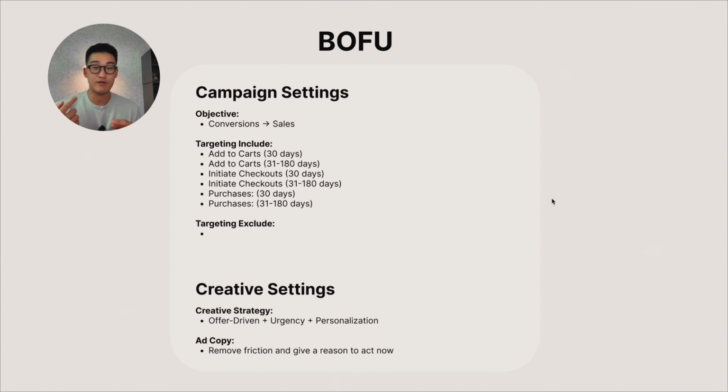Let's say you have some kind of a body lotion. If they bought in the past 30 days, very unlikely that they're going to buy once again, right? Maybe you have to give them another month. In that case, you want to put them in the 31 to 180 day group. You can make these segments way more detailed if you know how people are using your product and what the average return rate is and what the lifespan of your product